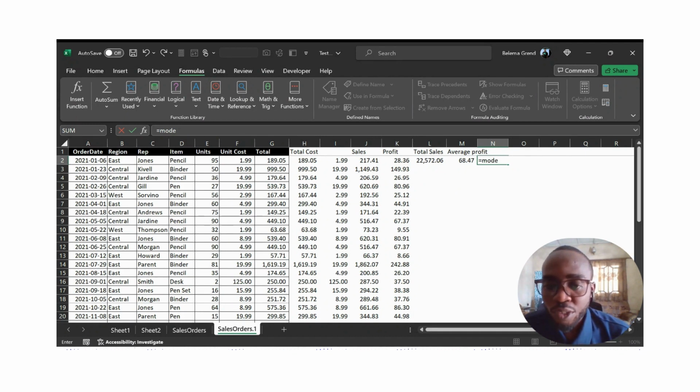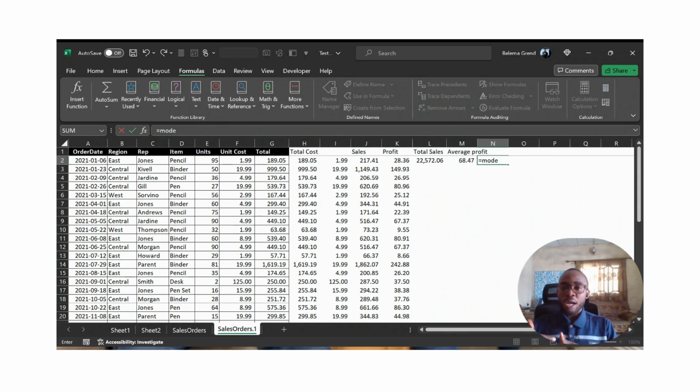Now, if I just hover over it, it says this function is available for compatibility with Excel 2007 version and earlier. All right, so this is a function that was created at the early stage of the Microsoft Excel application, but over time, as things have evolved, there have been upgrades to these functions,